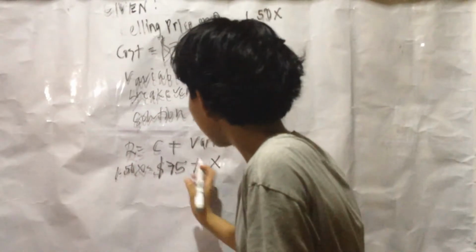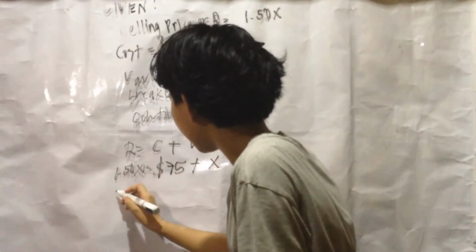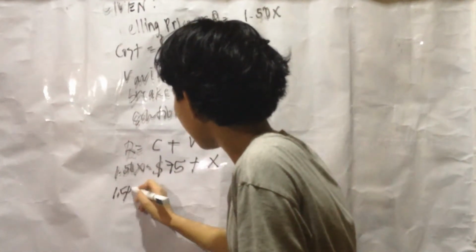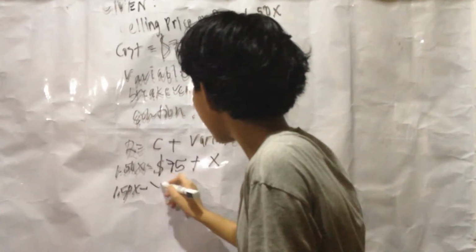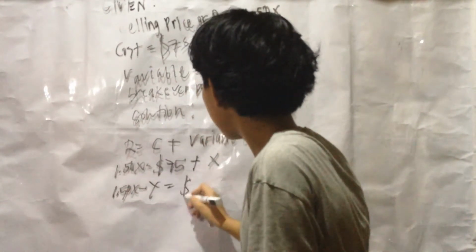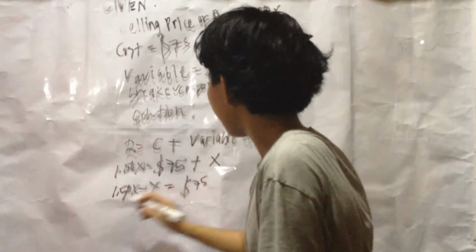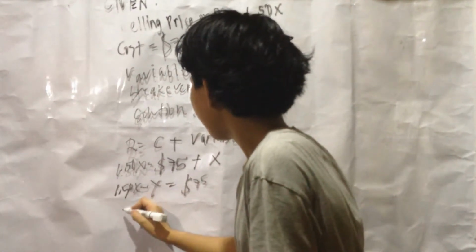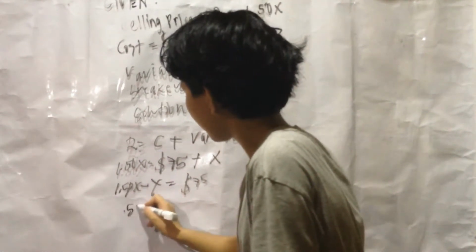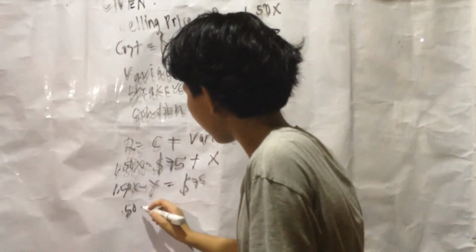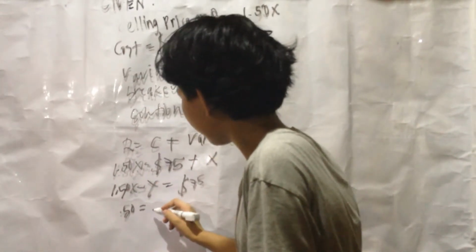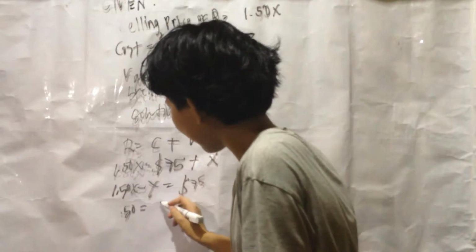Ngayon, i-transpose natin. 1.50x minus x is equals to $75. Bali magiging 0.50. Since may 1 na variable dito, is equals to